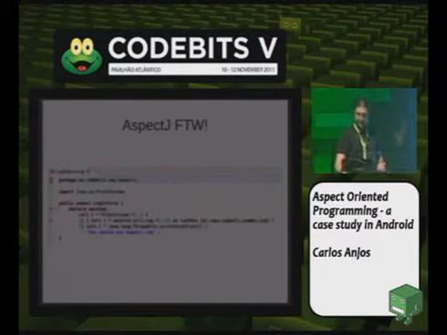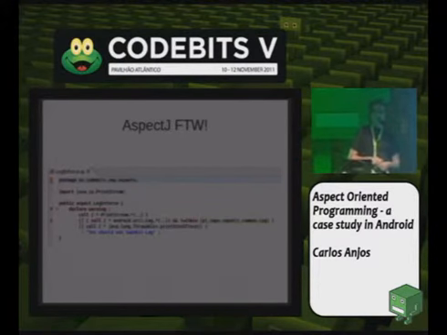So, the first thing, just to show you a little bit of the code, and we'll see how we can make that work. So you see that an aspect, instead of saying public class something, just says public aspect. And in reality, aspects get compiled to classes. So these are just kind of like classes. And then you see a